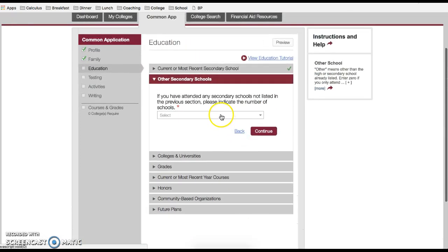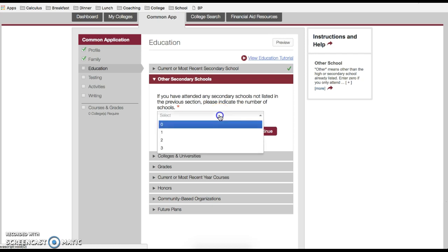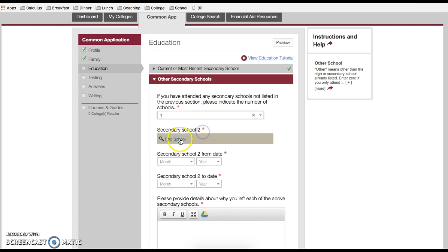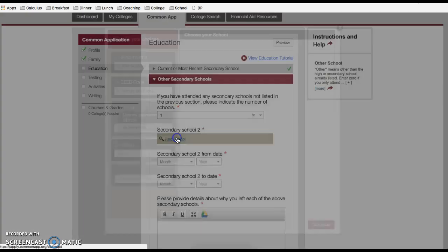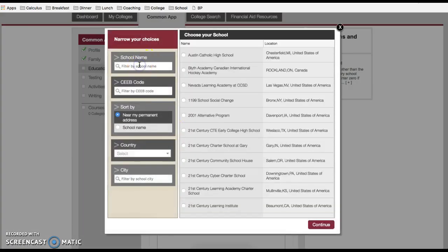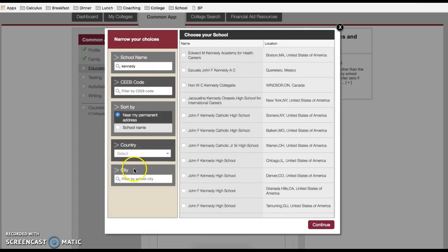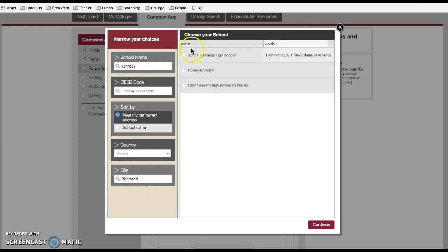If you have transferred from another school and that school shows up on your transcript, you're going to add that school here. So for example, if I went to Kennedy, I would look up Kennedy in Richmond because there are going to be a lot of Kennedy